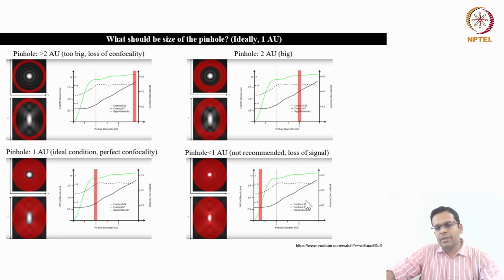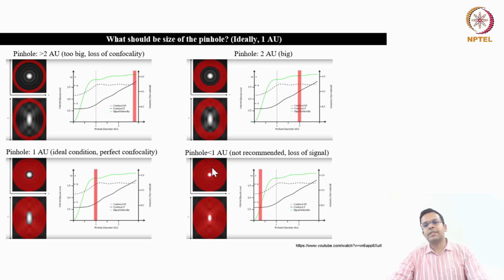That is on this side of the slide. So you are keeping the pinhole almost closed, less than 1 Airy unit, which is not recommended, and it will lead to signal loss. Why? So see, now you are putting your pinhole here, which is less than 1 Airy unit. Okay, so you are only collecting partial fluorescence intensity from the sample. So let's say if you are imaging some samples with low fluorescence, then you may not even be able to see if you close the pinhole to less than 1 Airy unit.